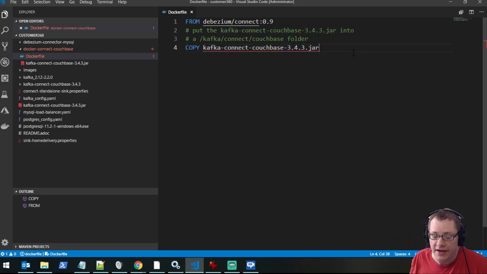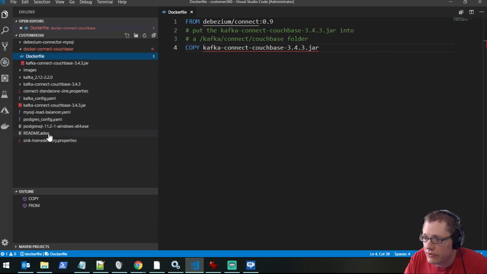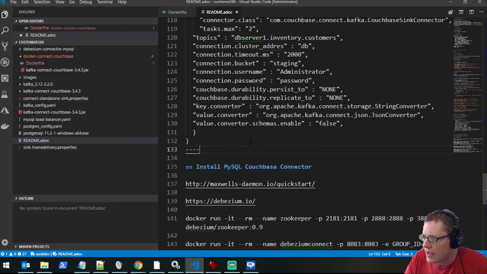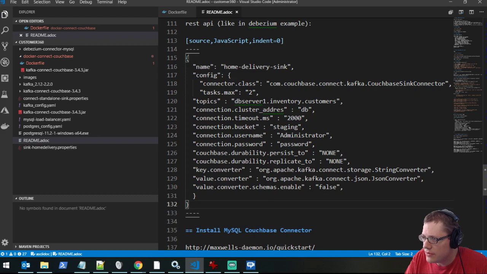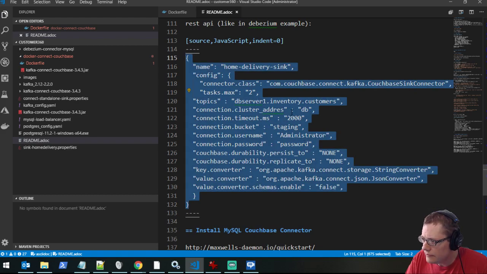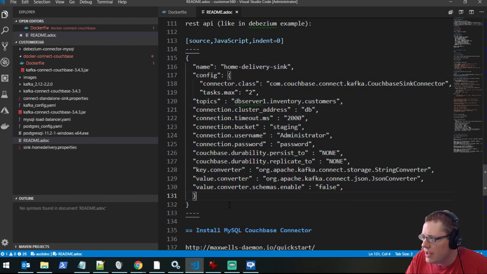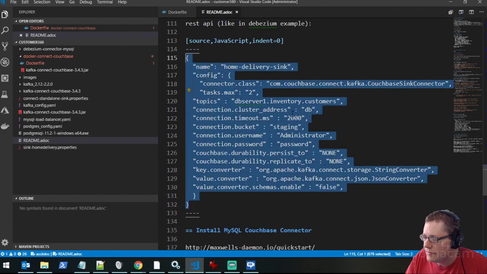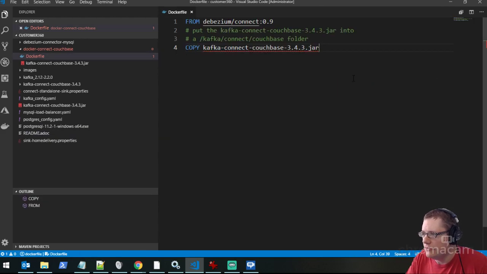And at that point, I can make the REST request like I did with the MySQL connector to actually get that connector started. And I have to feed it some configuration information via the REST API, which I've already prepared, actually. If you look over here, I just took the DBZm example. Ooh, that looks like a typo there. And made some changes to it. And maybe I'll walk through that. It might be helpful to walk through that. But let's get to the